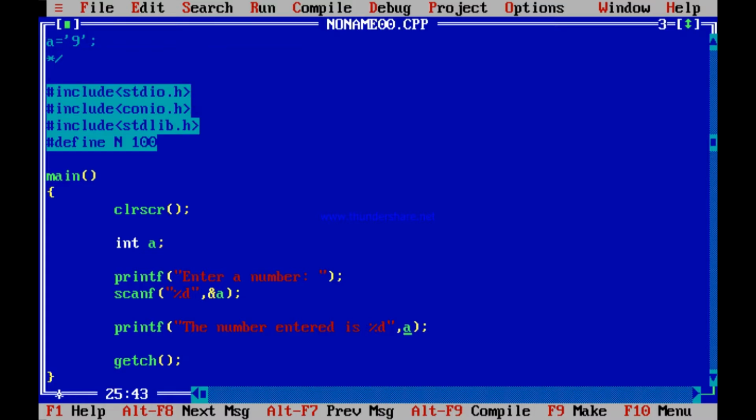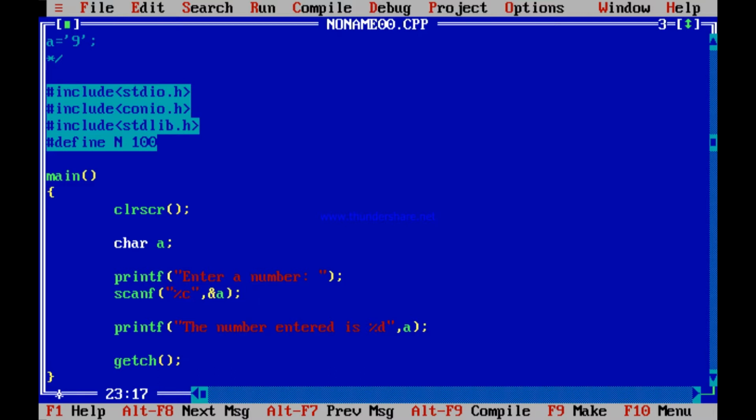So similarly, if a is not an integer but a character, then scanf %d ampersand a has to be %c. Like using %d you scan an integer, using %f you scan a float, using %c you scan a character.